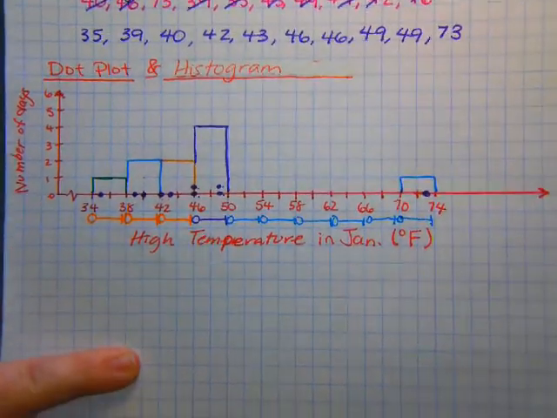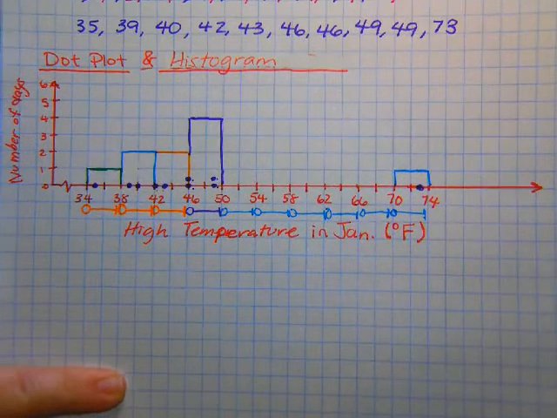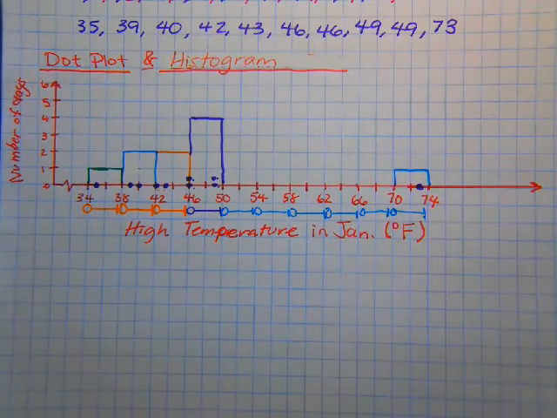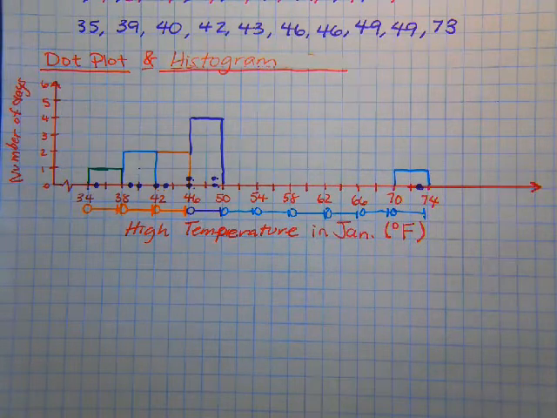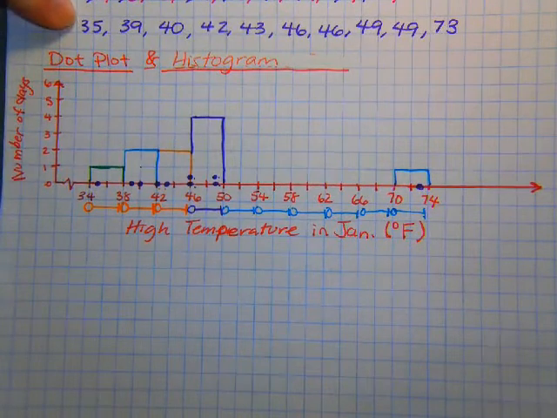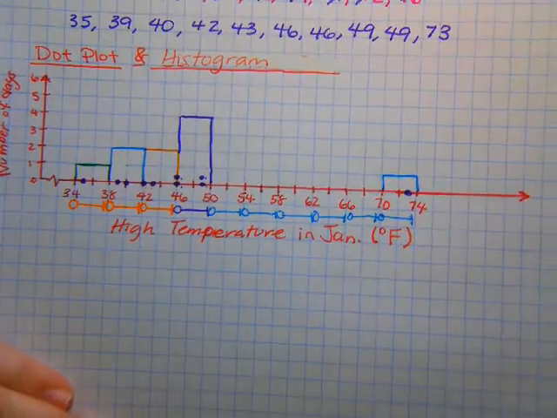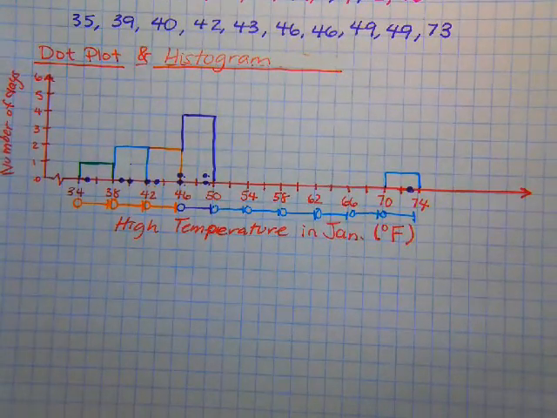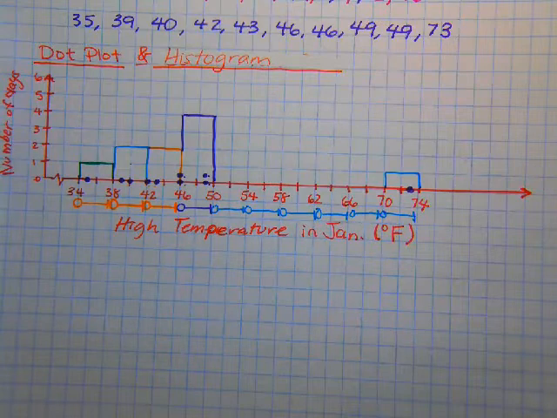Okay, so now we're going to move on to the Box and Whisker Plot. The Box and Whisker Plot needs some data points to do that. So one of the great things about writing this in numerical order is that we can then use it to find those summary numbers. So you need the max and the min, which